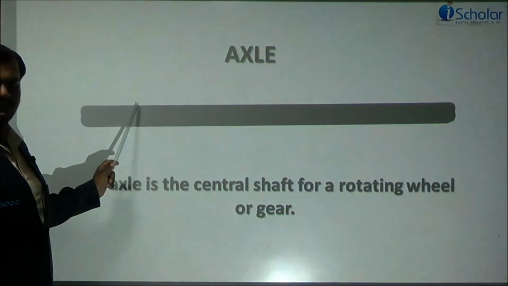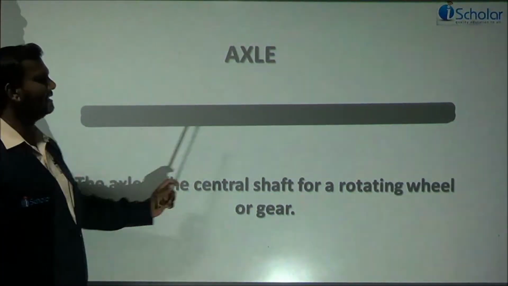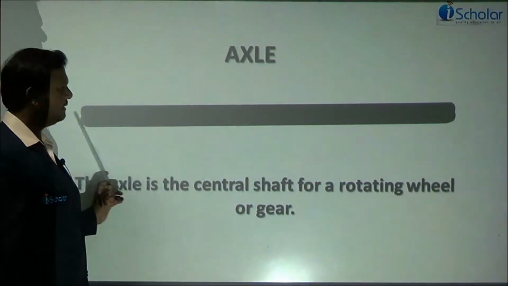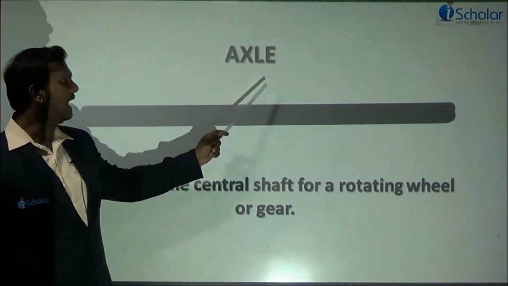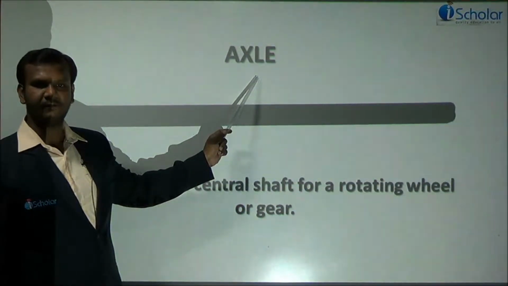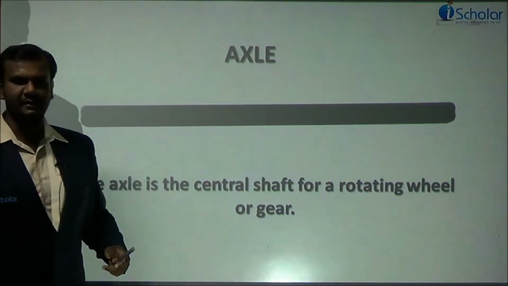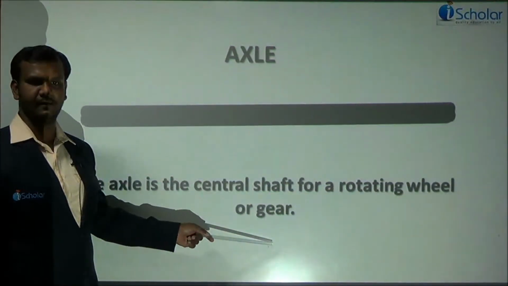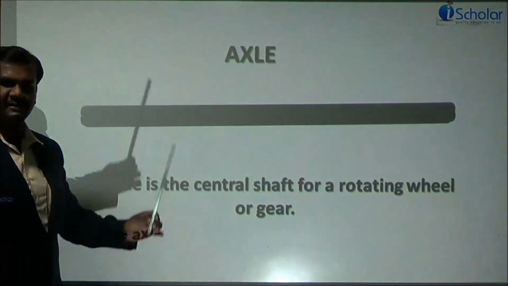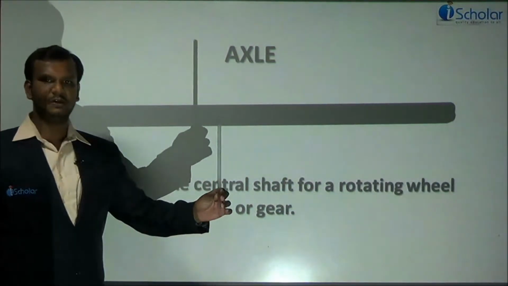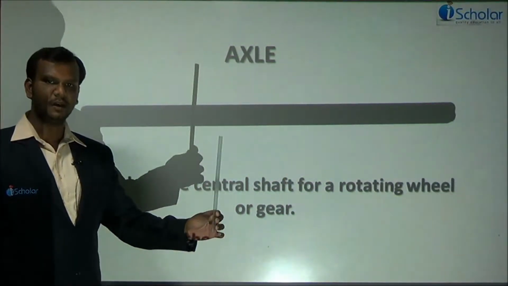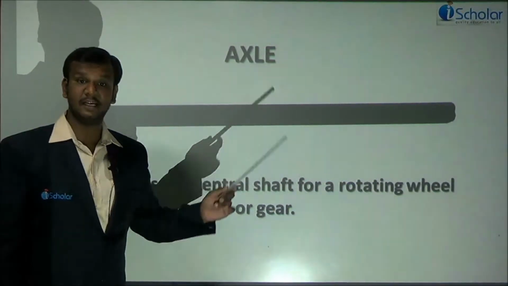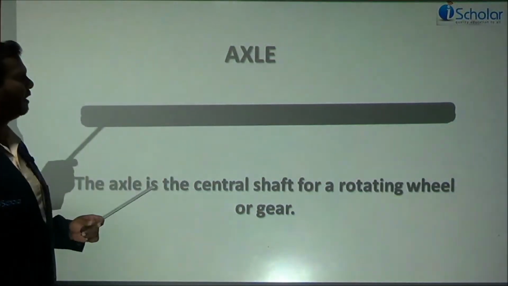The next component. Kindly make a note of it and remember this, okay? This is the second component. Sir, what is this, sir? A long rod-shaped structure which is like a pencil. This is not a pencil, but we call this particular term an axle. Fine? Axle. So what is the definition of axle? The axle is the central shaft for a rotating wheel or a gear. So axle is the central shaft. In the image you have seen, right? At the center you have a rod-like structure. That particular rod, the inner part, is termed the axle. Clear, students? Fine.